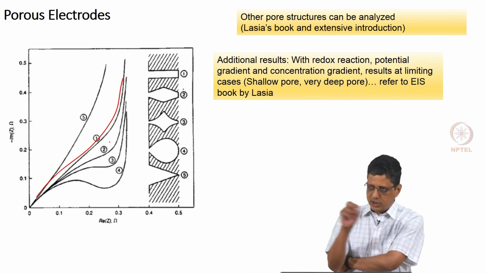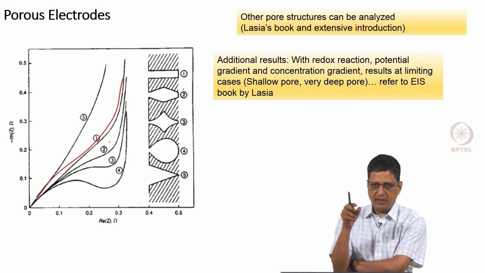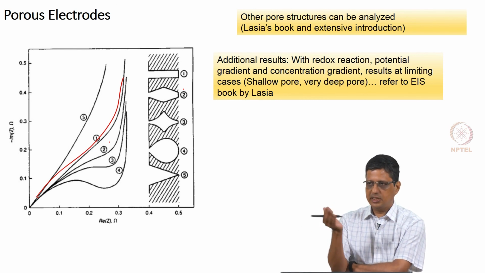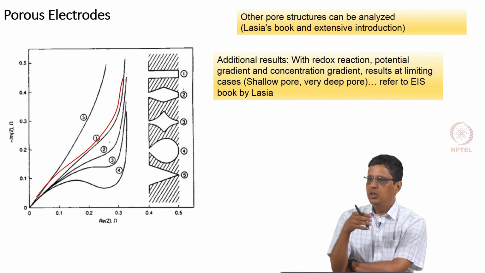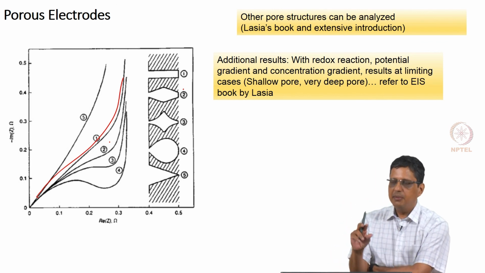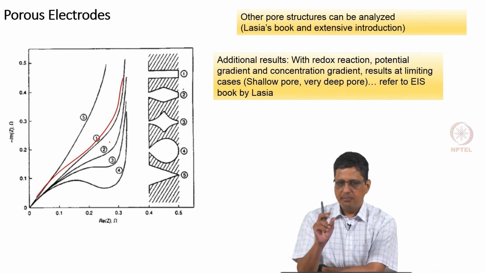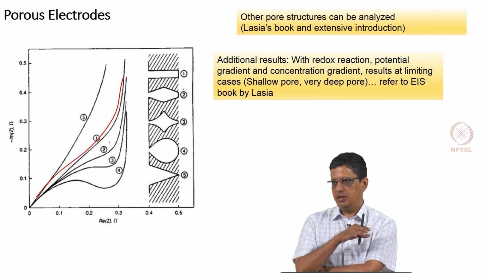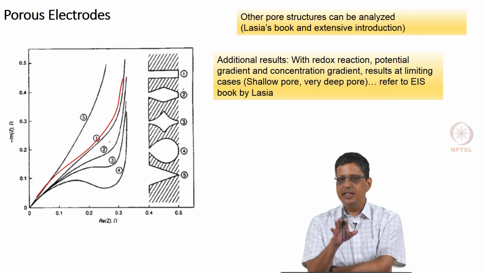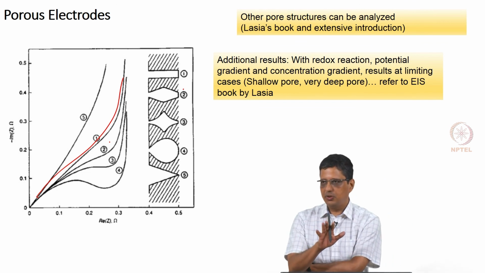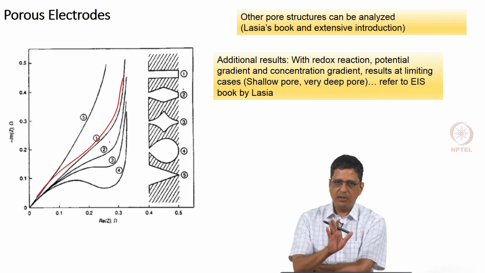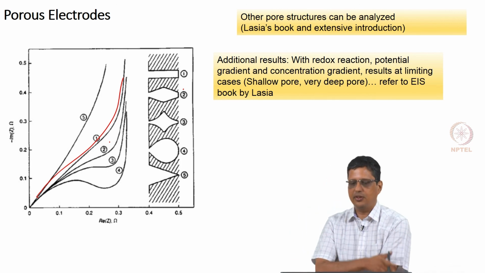With diffusion inside. When you have reaction, species A and B will react, and depending on which way the reaction is happening, you can have an increase in concentration of A, decrease in concentration of B, or vice versa. Diffusion of that can become rate limiting, and it becomes a lot more complex. In many cases you have to make approximations, but it is possible to see how that will happen. Here all that we see is an introduction to porous electrodes. So, you get an idea that it is going to be quite different from what you would see for a solid electrode. Okay.